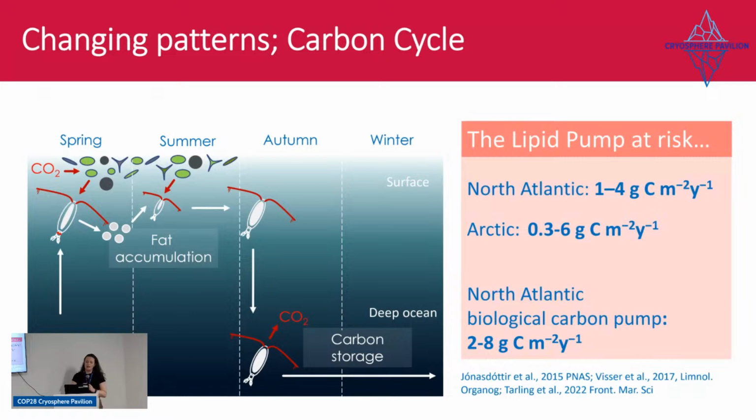And crucially, we impact the lipid pump. So this is that aspect of the Calanus accumulating lots of fat and then migrating to depth and respiring and living off that lipid at depth. And if we change the amount of lipid they have, we change how long they can live at depth. We change how much of that carbon can be stored at depth. And we can also change, because of the effect on their buoyancy, where in the water column they migrate to. And that can impact how long that carbon is actually stored for. So whether it's stored for decades, hundreds of years, or thousands of years.